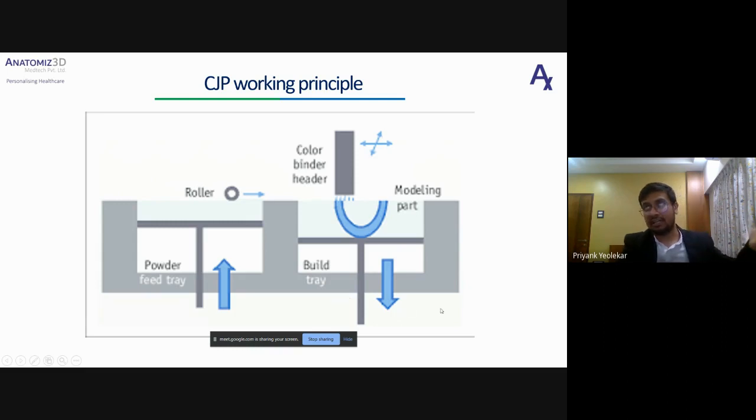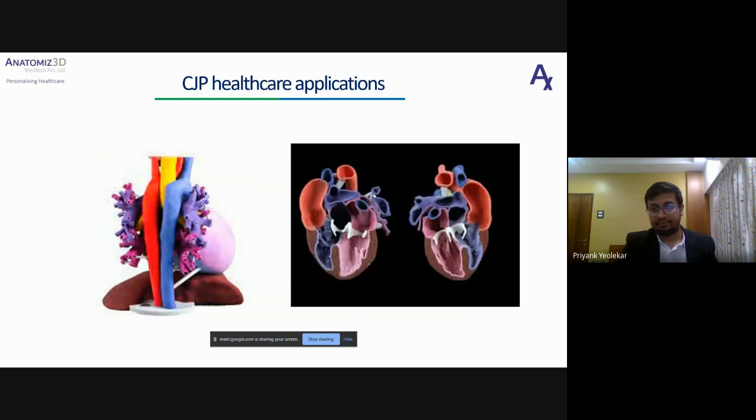In other technologies, whatever color material you put inside the printer, your part will be of that color. But here you can actually have colored parts. You get around, I guess, 16 million colors in this printer. So if your requirement is that you don't have to color the printed part afterwards, and you want the part to be with a certain color, then you can use this technology.